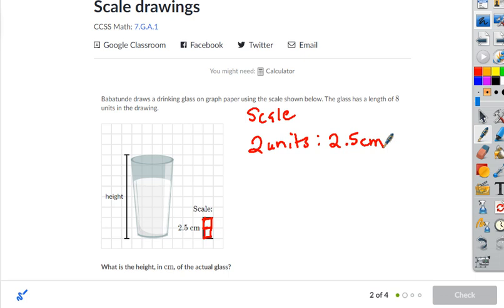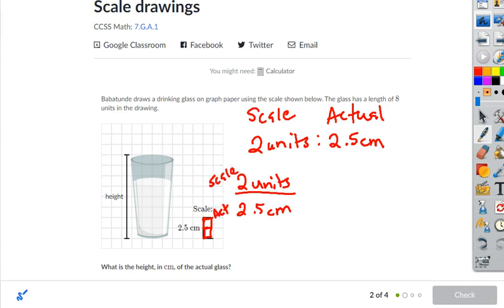Once I know that, I'm in good shape because the scale of 2 units is actually 2.5 centimeters. I'm just going to write 2 units over 2.5 centimeters. And so the scale is 2 units and the actual is 2.5,